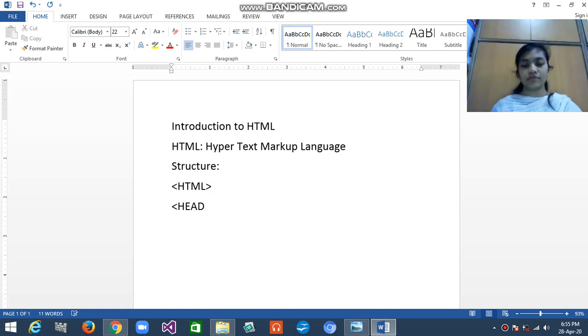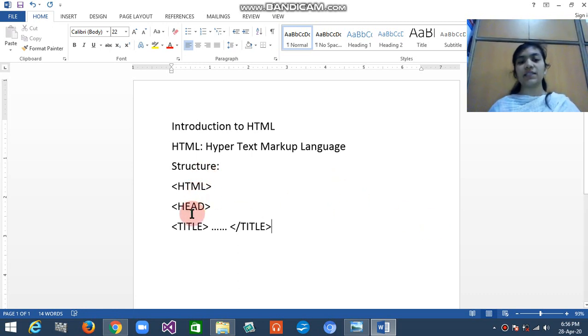head. In the head there is a title. In the title you have to write down the name, and I just close the title. This is the symbol of closing the bracket, and this is the opening bracket, this is the closing bracket. Now I am going to end the head,